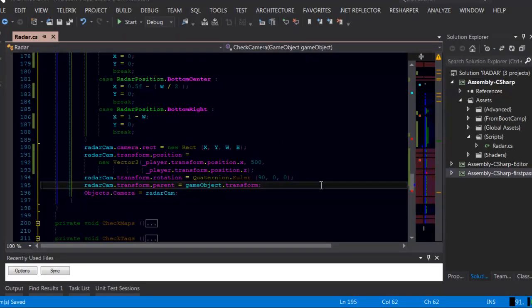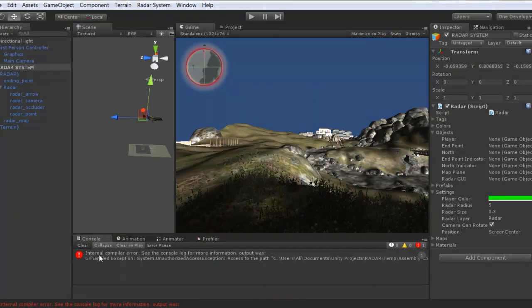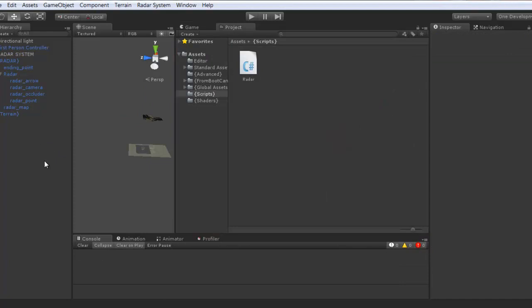Compiler error. Why? What's the compiler error? Clear. Internal compiler, see the console log for more. Thank you for this interesting log error. Oh yeah, the error was there because I was opening it by double clicking, and now two more Visual Studio 2010 is opening. So let me handle it and come back. Okay, sorry guys. Now